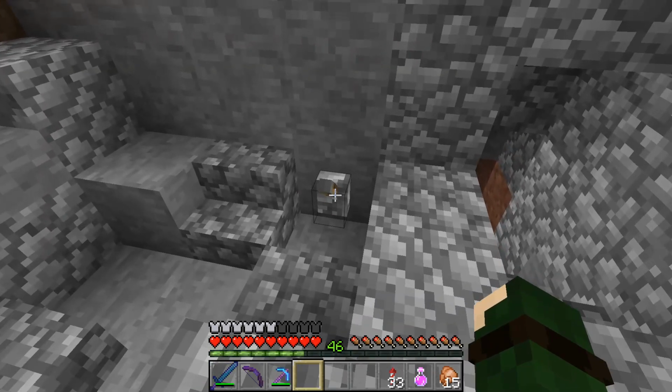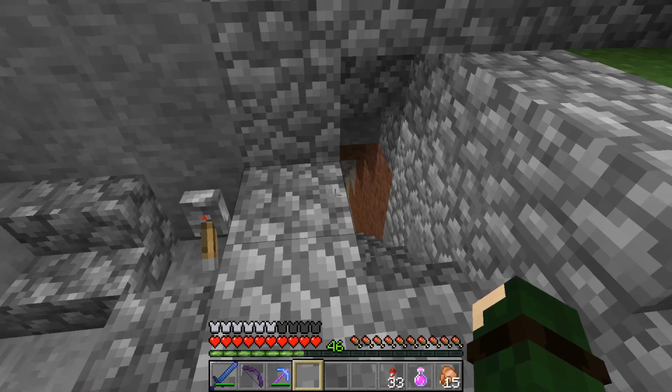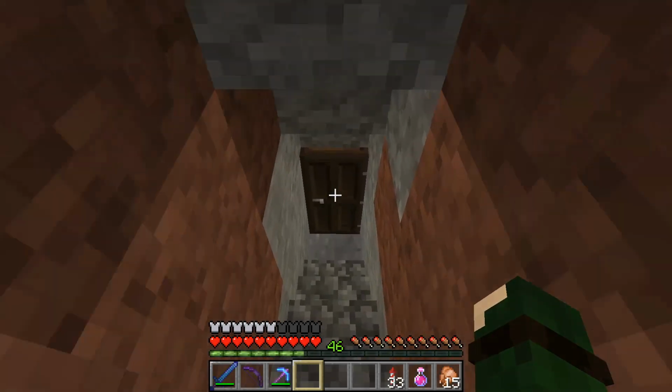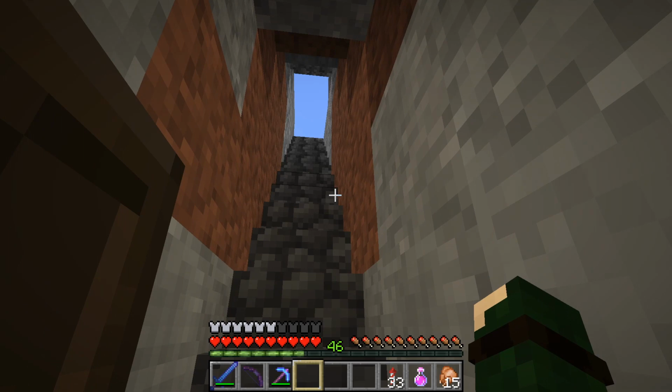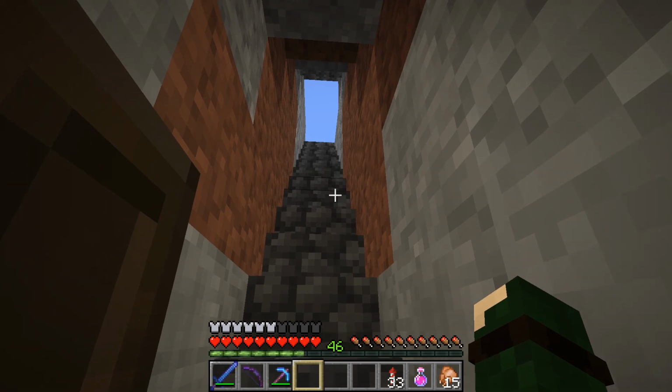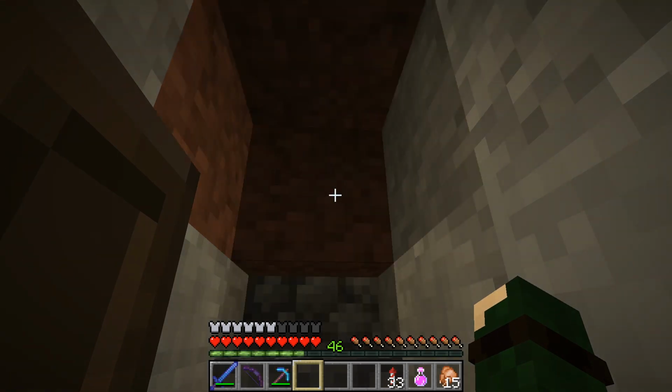So here we go. We pull this. It can be up or down, doesn't matter. And there we go. It opens up to our secret pathway into our underground base down here, and it's on a timer, which is really cool because it collapses in after you, so people can't follow you, or enemies can't follow you into your base.